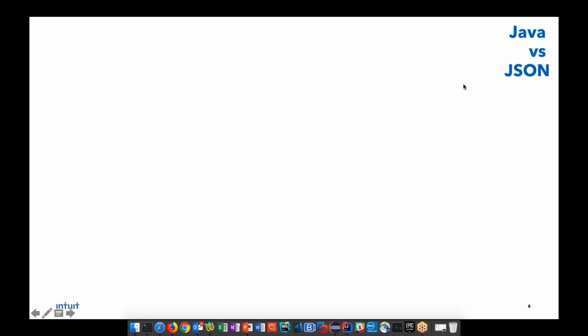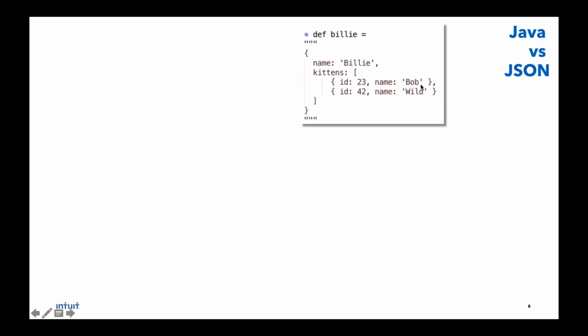Okay, so a little diversion into Java and JSON, and this slide is probably more relevant for a lot of teams, and especially Intuit as an example. There's a lot of Java being used within Intuit for the services, first of all, the backend. And naturally, since Java is being used, Java used to be, before Karate came along, the language of choice for testing web services.